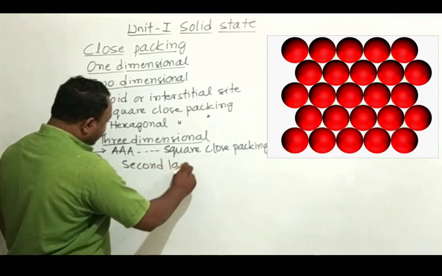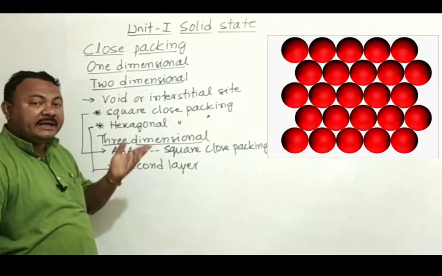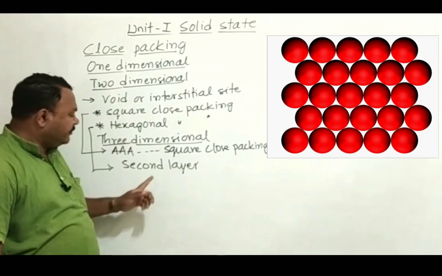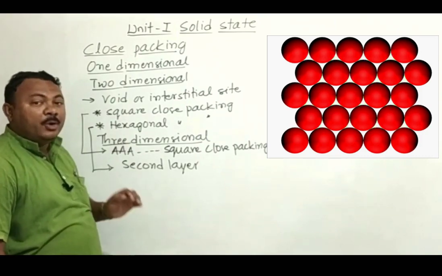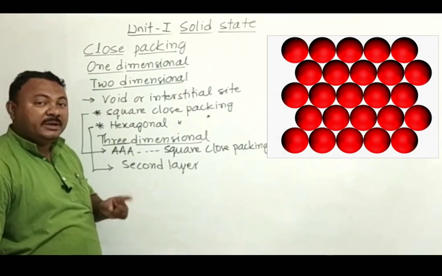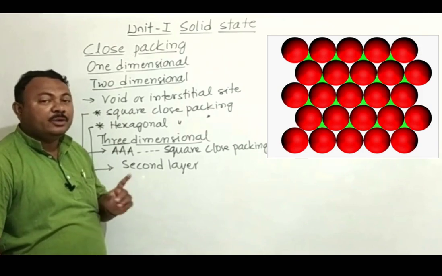Let us take a 2-dimensional hexagonally close packed layer as the first layer. I am going to name it as A. Now I am placing the second layer above the triangular voids of the first layer so that minimum empty space is left. All the triangular voids cannot be filled.